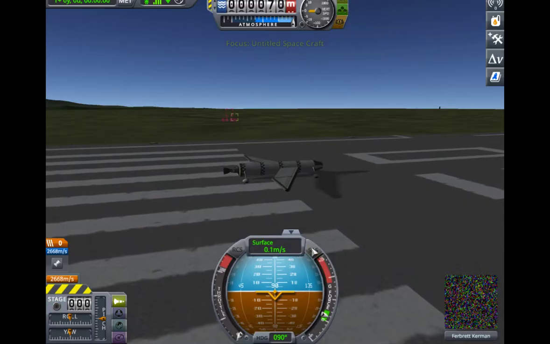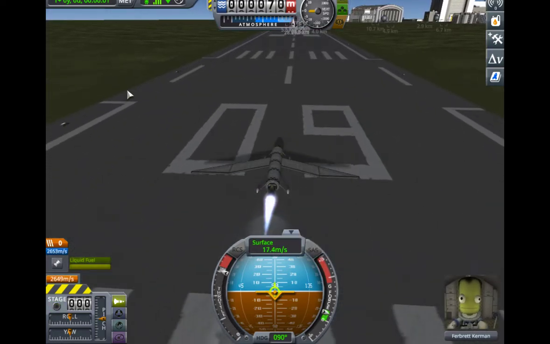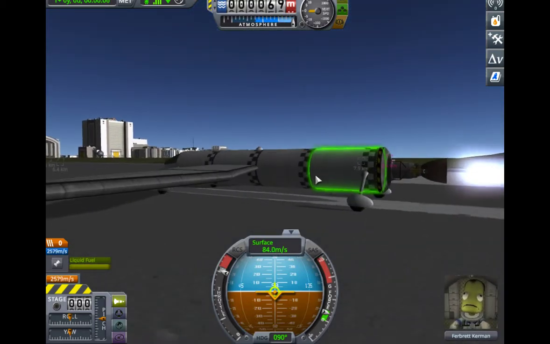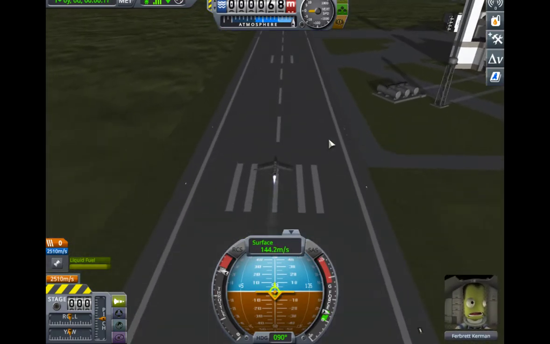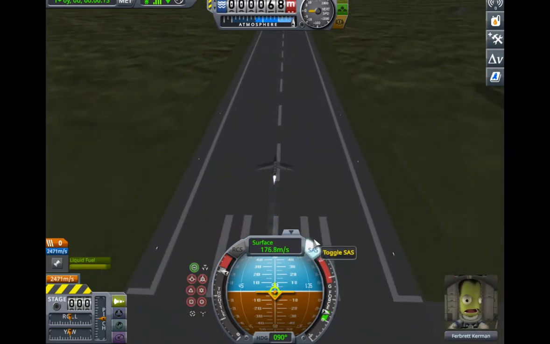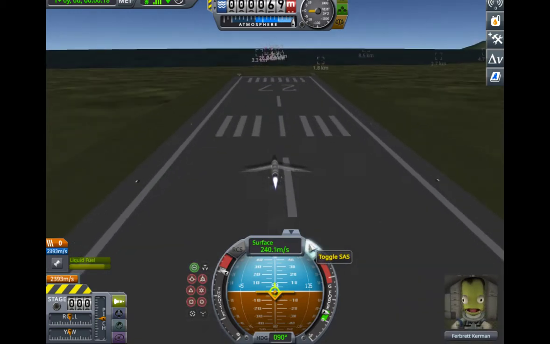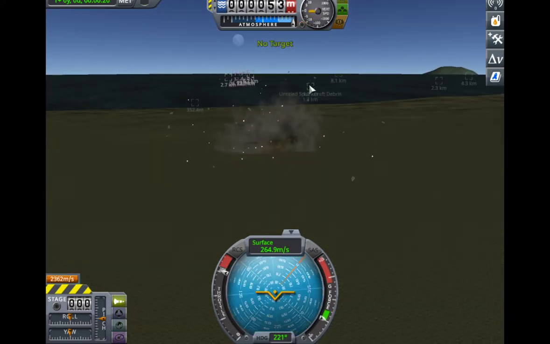So yeah, if you don't want those things to happen, follow the steps. Sometimes SAS can help, sometimes it can't. Really just matters on how your plane is designed and stuff like that. This is a very basic plane, so it's basic like everything. So SAS can help, but not always. See, we used SAS a little bit and it worked, but sometimes it doesn't, and sometimes it does.